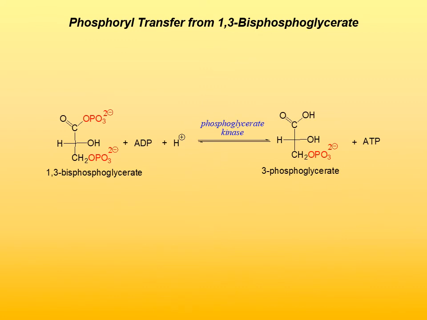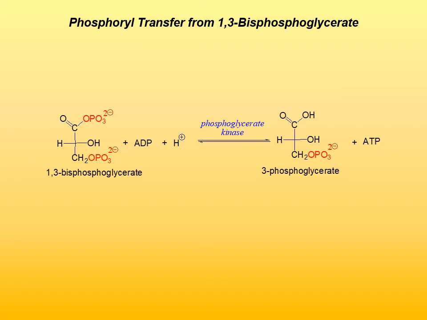1,3-bisphosphoglycerate is one of the compounds that has high phosphoryl transfer potential. Compounds with high phosphoryl transfer potential are compounds that have phosphoryl transfer potential greater than that of ATP. So they are products of various metabolic pathways, and then they transfer phosphate group to ADP, adenosine diphosphate, to generate ATP. So a number of metabolic pathways generate compounds with high phosphoryl transfer potentials, which then in turn are converted to ATP. In this case,